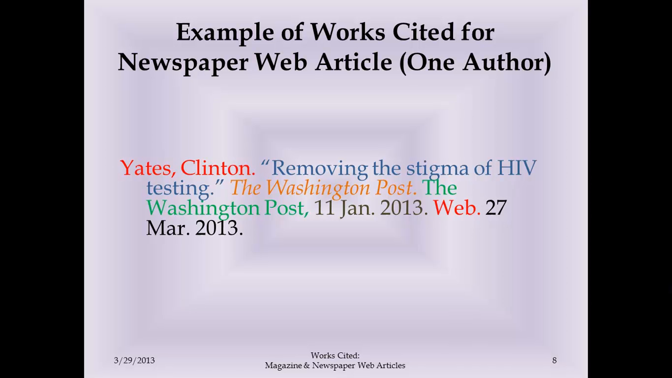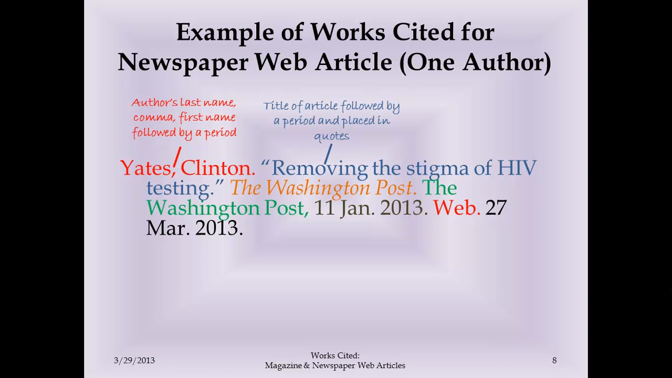So here's our example of a works cited for a newspaper web article with one author. We put our author's name first, and the author's name begins with the last name, comma, then the first name, followed by a period. Then we put a space and the title of the article. We put the title of the article in quotation marks, and we make certain that we do not change anything about the title of the article, and we put a period between the last word in the title and the closed quotation marks. After that, we put the name of the newspaper, or the newspaper web name, the Washington Post,